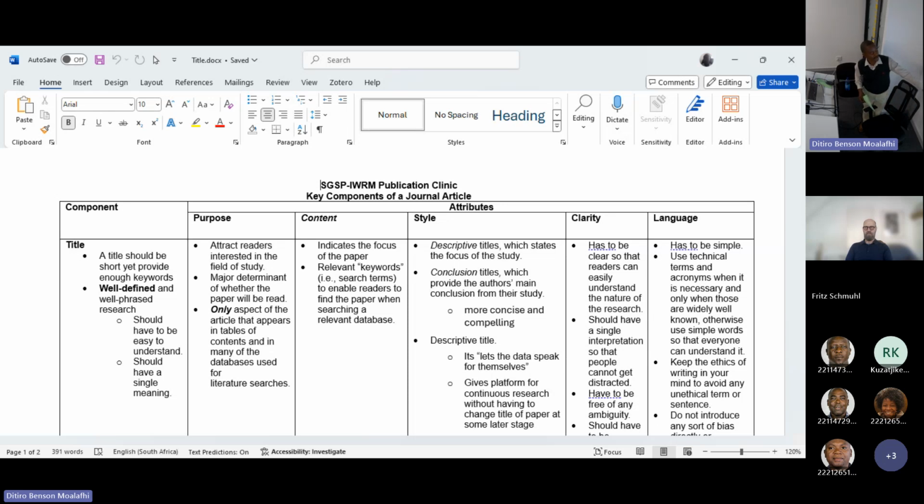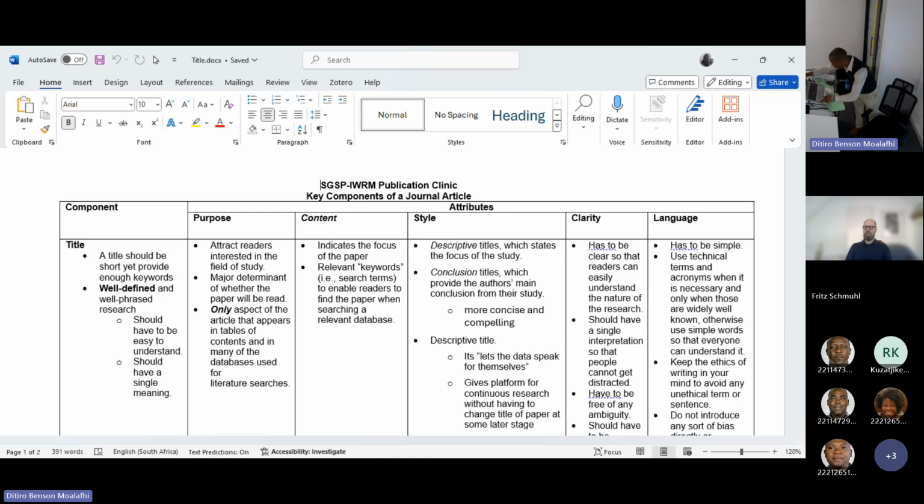They should be short, yet provide enough keywords, should be well-defined and directional. It shouldn't be vague. It should be communicating, having one message. It should be easily interpreted. It shouldn't be winding around. And of course, as we have already